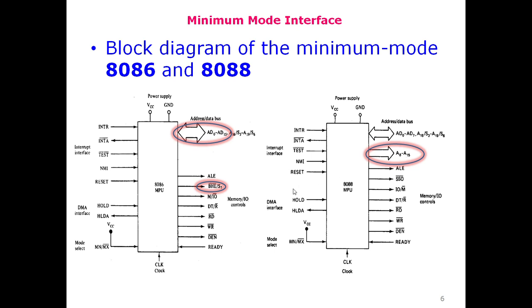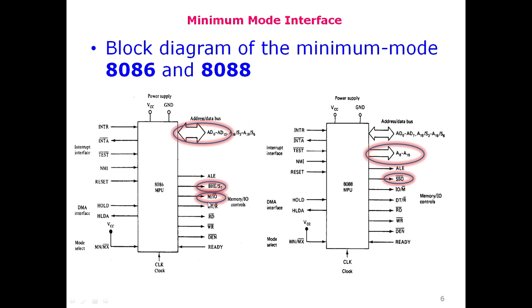Another difference between the two microprocessors, as I said on the earlier slides, is the bus high enable or bank high enable pin. In 8086 we have the bus high enable pin, and status S7. These two are multiplexed on this pin, while on the 8088 microprocessor we have the SS0 pin, and there is no need of the bus high enable or bank high enable pin. The third difference is the M/IO,